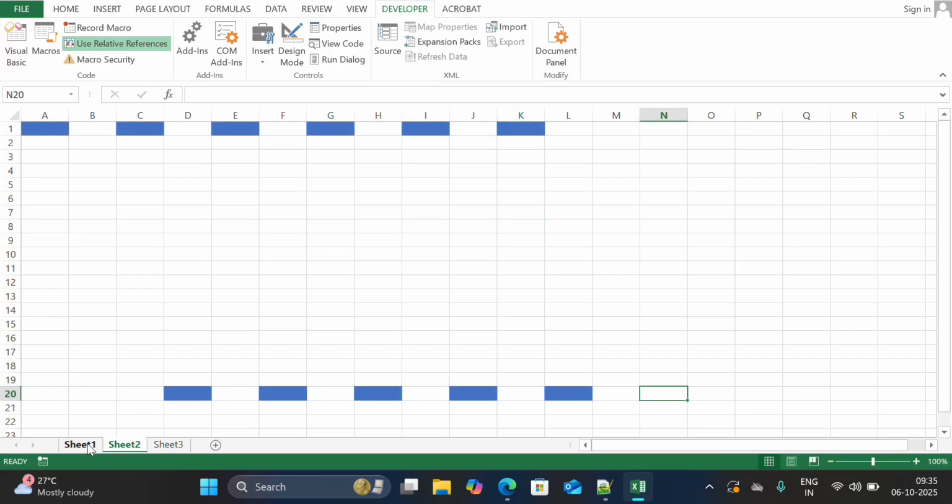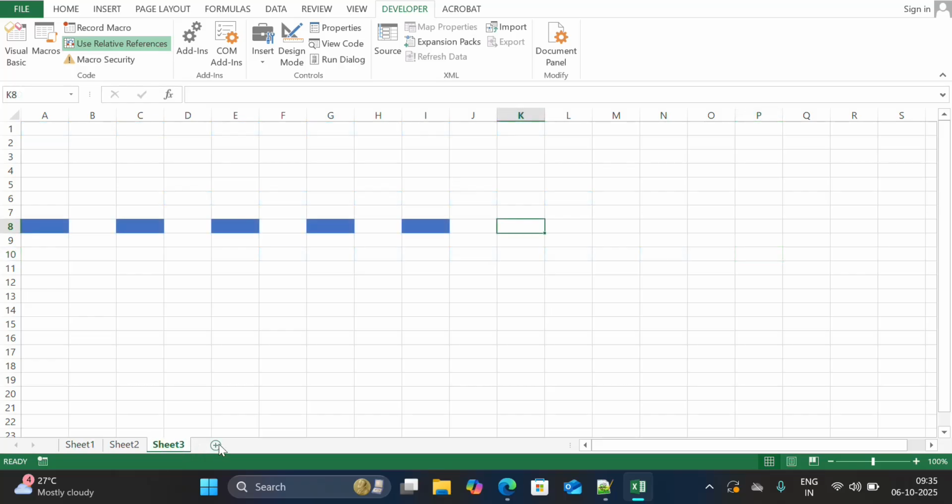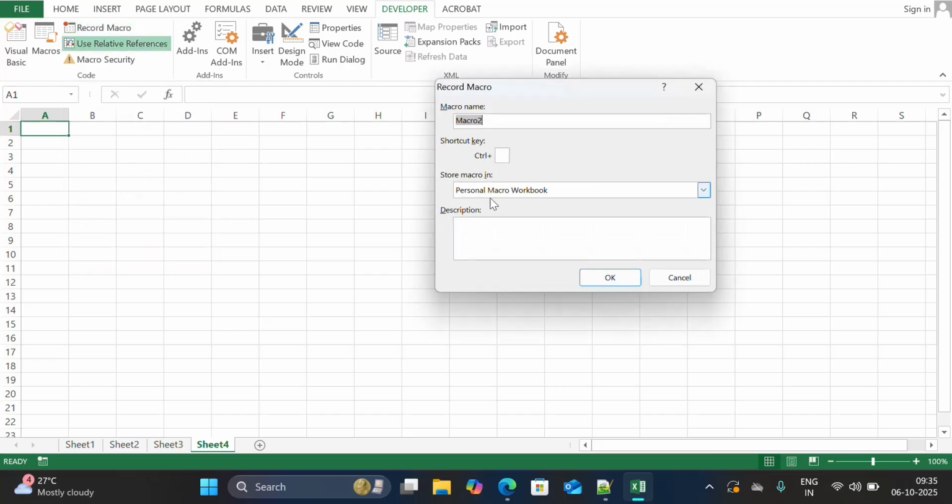After doing this, suppose you want to record any text, any heading, right? That one you can also do. You can make the example for the text as well, in place of the color. This was a simple example I just mentioned here. If you want to write something, you can write as well. Okay, like here, I want to take another example. With relative reference enabled, macro record, like I given here,